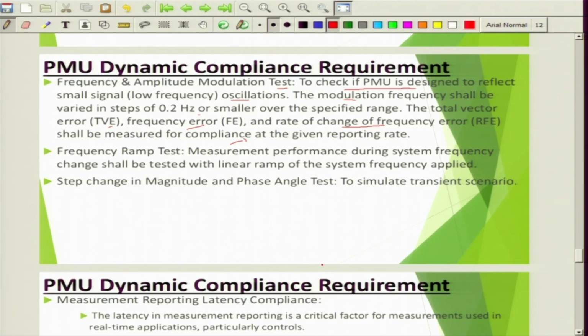And frequency ramp test. Measurement performance during system frequency change shall be tested with a linear ramp of the system frequency applied, and a step change in magnitude and phase angle test to simulate transient scenarios. Basically the PMU is subjected to all practical challenges in terms of rate of change of frequency, sudden jump in frequency and also change in magnitude, to understand during transient conditions if there is a sudden fall in voltage, especially